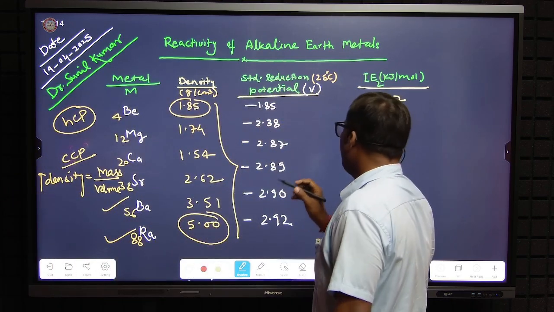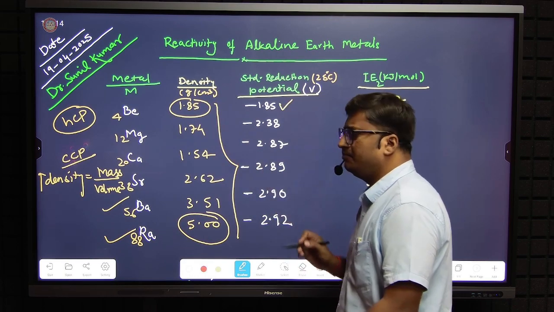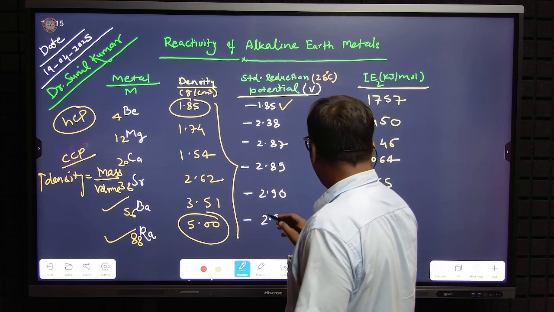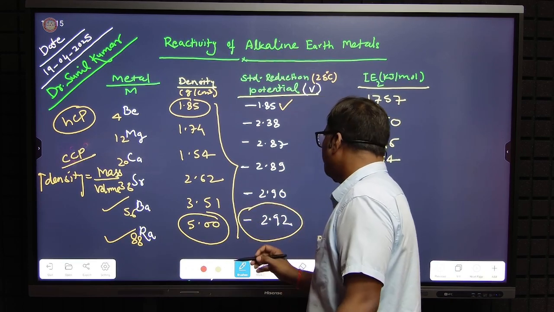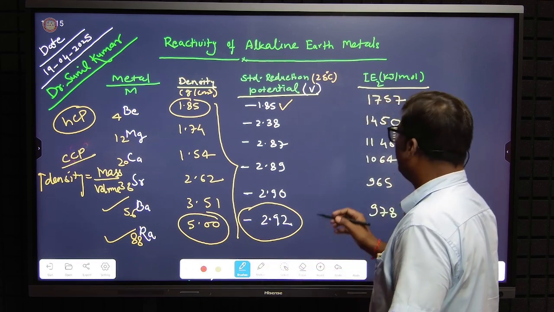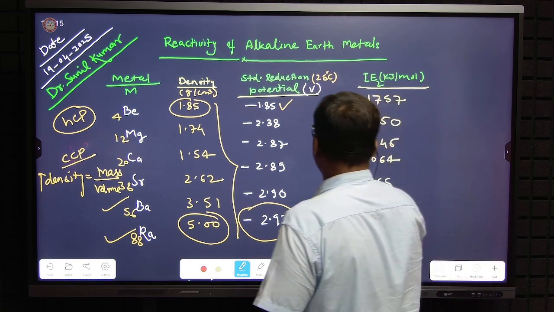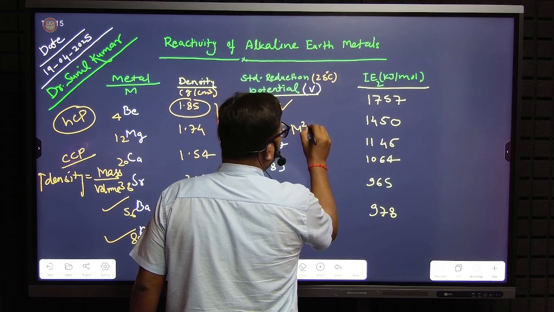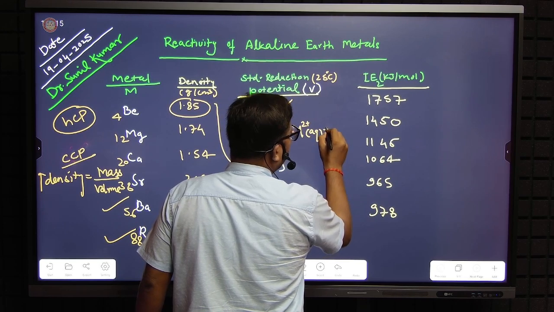Minus 1.85 volt in case of beryllium, while radium has minus 2.92 volt. So standard reduction potential means a reaction, suppose this is your M 2 plus in aqueous medium plus 2